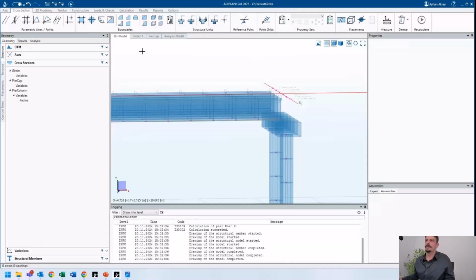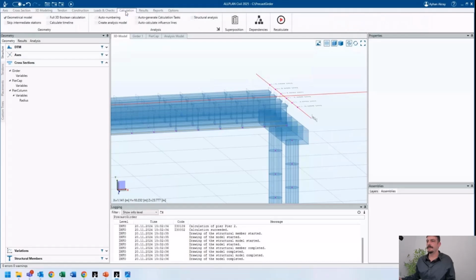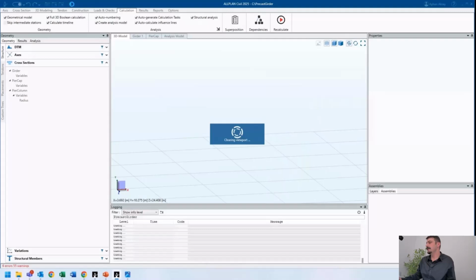So as I said, this was our geometrical model. In order to convert it to the analysis model directly, we should go to the calculation tab and say that this model can be used in the analysis model as well. So here are the options for the calculation. I want this geometry to be calculated fully 3D boolean, and I want to have the real timeline, known as construction stages. And for these members, I want to have auto numbering, and we will talk about all in detail later, but we should check all these options. So after recalculating this,